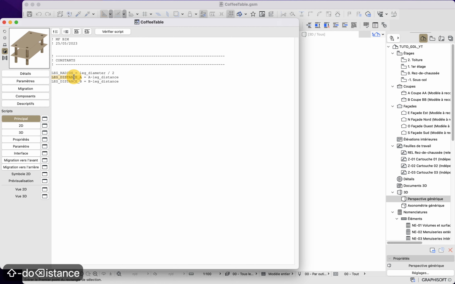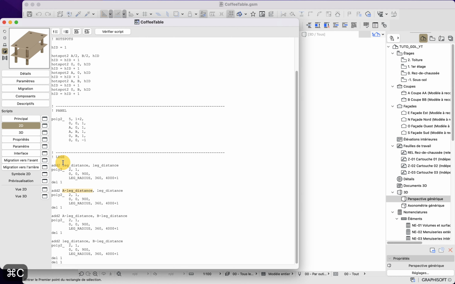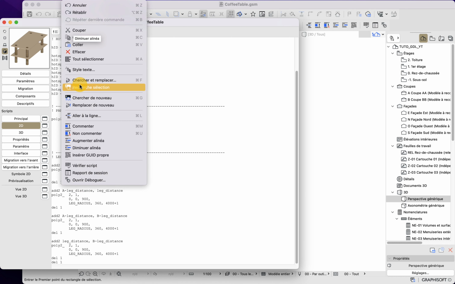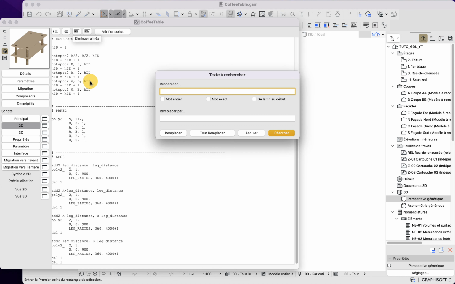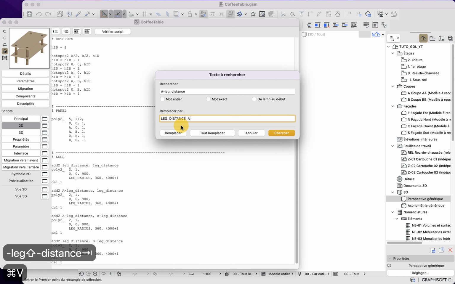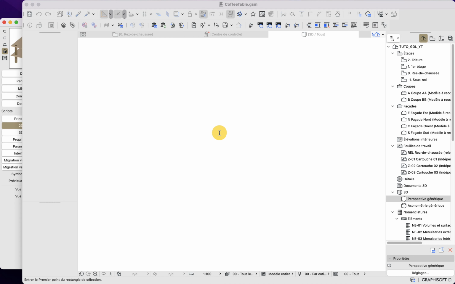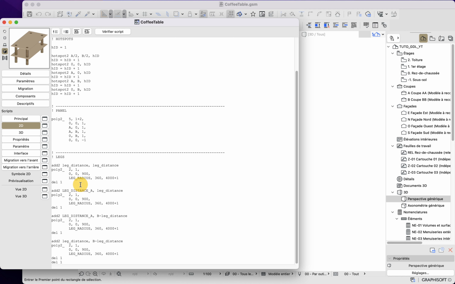Now I will go into my 2D script, and then go to edit and search and replace. Then I will look for A minus leg distance here and replace it with this. Now we have replaced the code here in my 2D script.